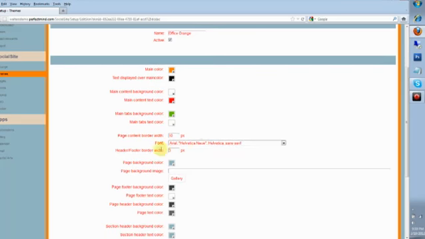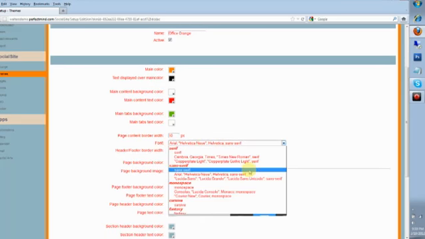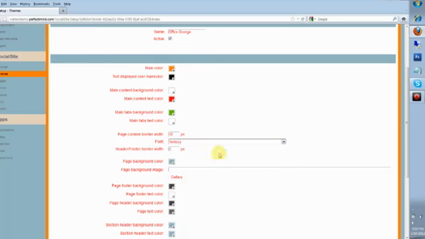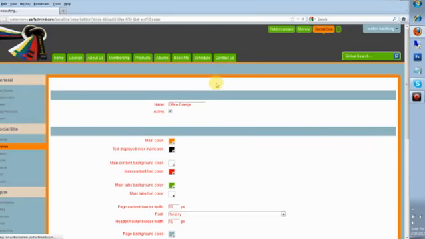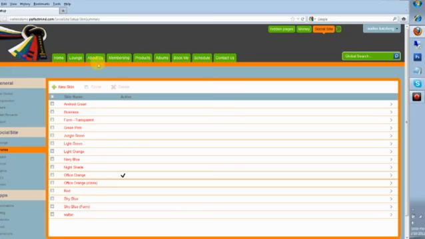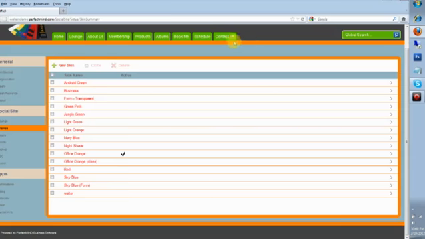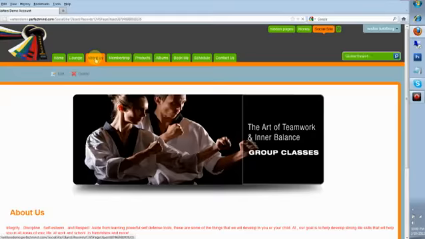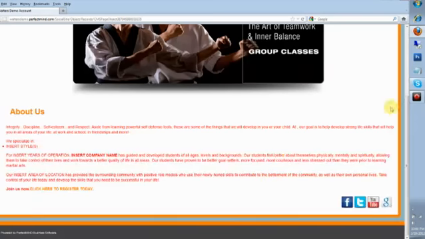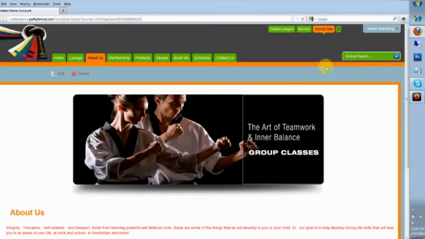Now, the font, this is basically the font that you can choose for your actual web page. So we could go with fantasy, for instance. And then the header footer border width. This is the line that separates the header from the content area and the footer from the content area. So if we do 15, let's go ahead and save that. You're going to notice now that your main line at the top here is very thick, as well as the footer line down below. And now if we go to an actual page, you'll be able to see the lines are much thicker